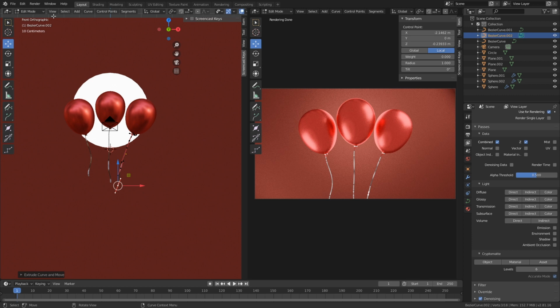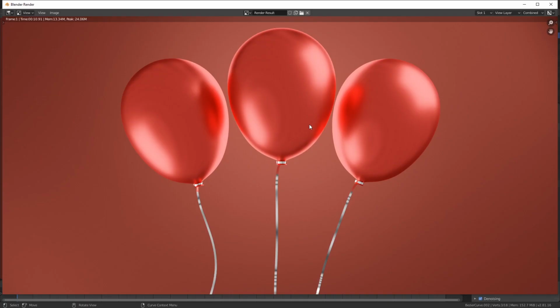In this tutorial I'm going to show you how to make a balloon. I'm also going to show you how to make this string attached to the balloon. We'll make a quick scene looking like this, rendered like this,